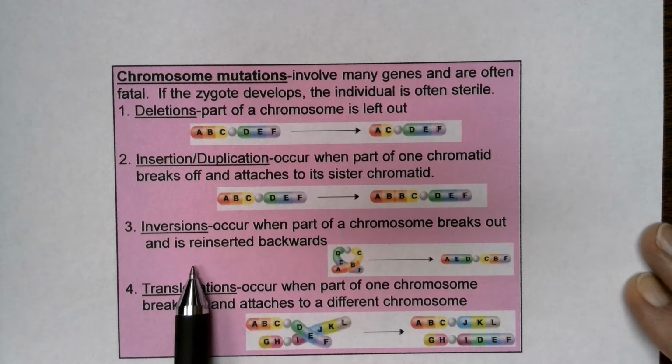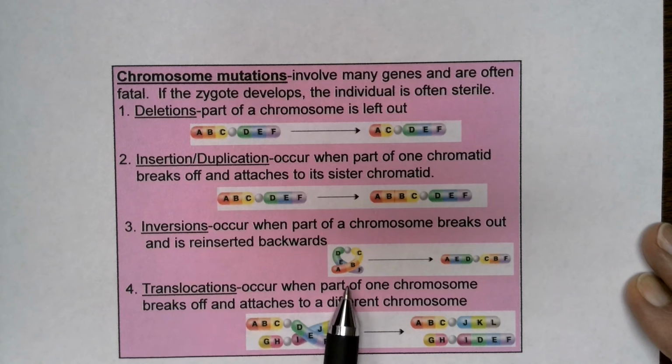Inversions are going to occur where part of a chromosome is going to break off and be reinserted backwards. So you've got all the same DNA, it's just in the wrong location. Here they're showing it twisted like a pretzel. It doesn't really have to do that. So imagine that straight out like this one is here, A through F. But instead, section B, C, D, E broke off, flipped around, and is reinserted in the middle, but in the